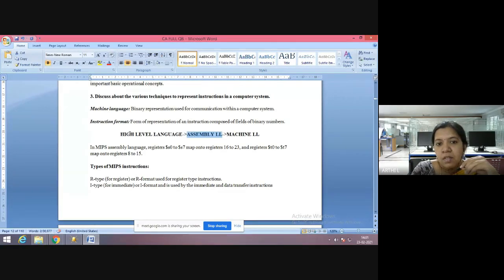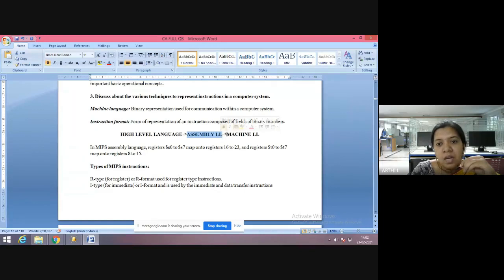Now we know high level language, that is the implementation of your programs using C, C++, Java, or any code, even Python. So these are high level languages which we understand, but assembly level language we will not be understanding. It depends on what machine we use, what processors we use.